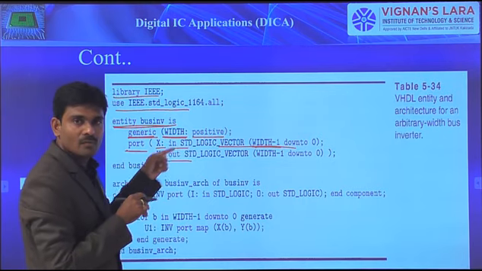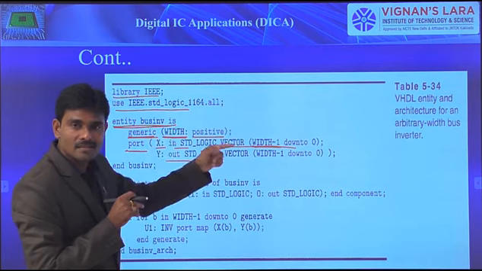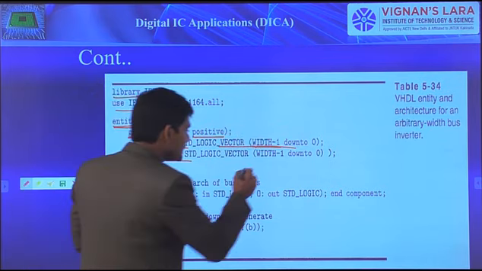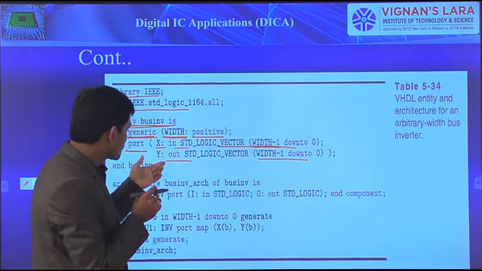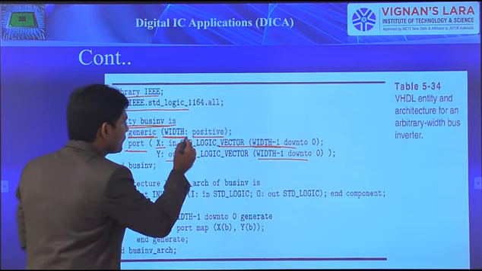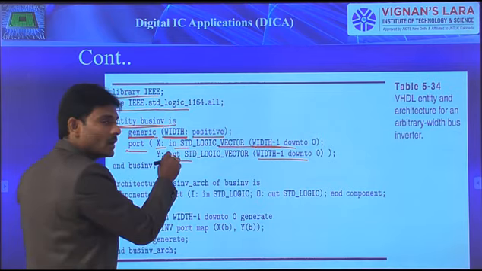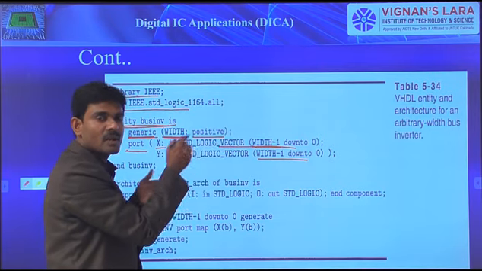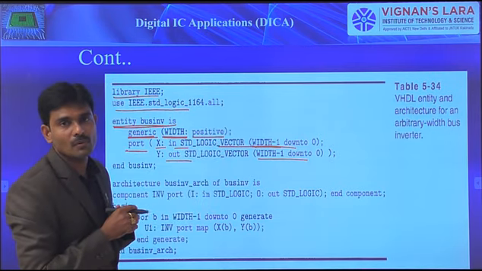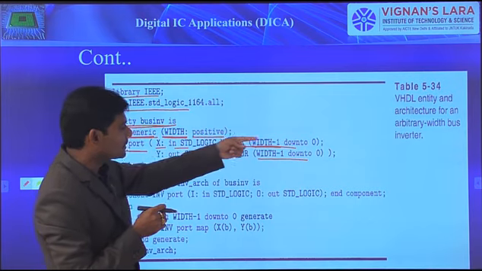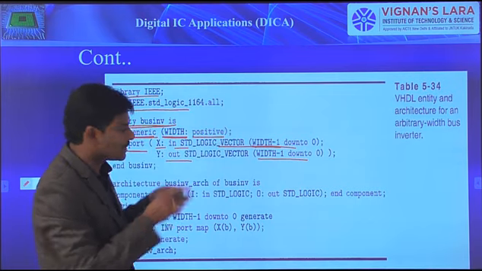That means x of 7, x of 6, x of 5 and so on up to the last element, x of 0. In the same way for this one as well. So for the output, the first element is width minus 1. If I mention width as 8, obviously y of 7 is the first element, then y of 6, y of 5 and so on up to 0. Because of 8 bits here we are supposed to realize, but I started with 0, down to 0.